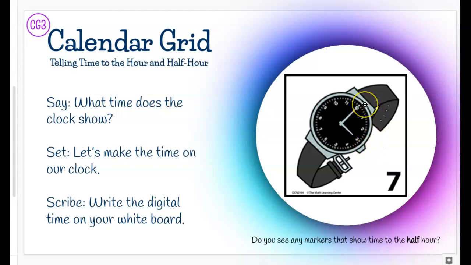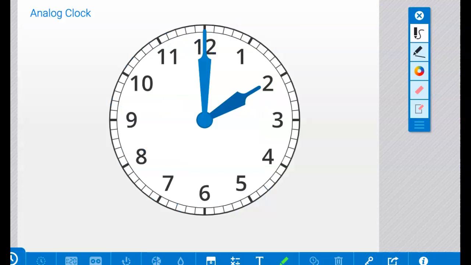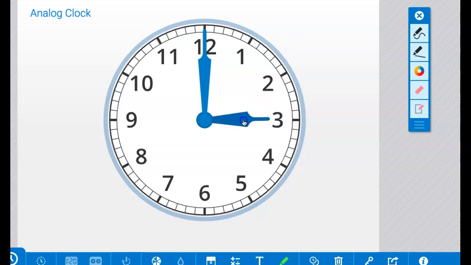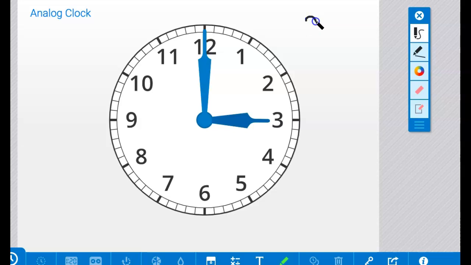3 o'clock. Let's make the time on our clock. Just need to move our hour hand to 3 o'clock. Let's write it. Write this on your whiteboards. 3. Now remember, if you write something like this,